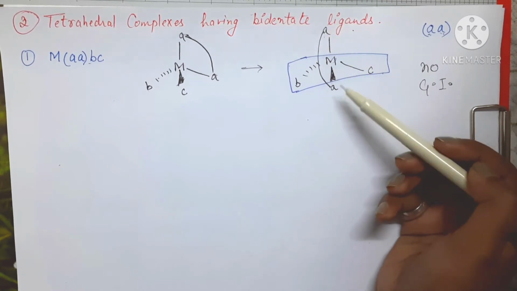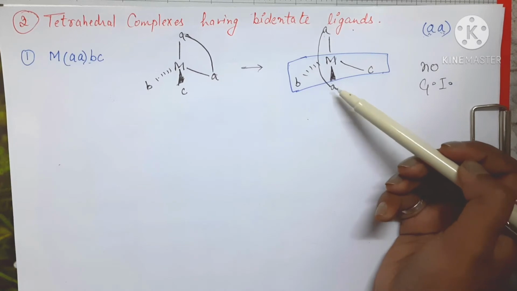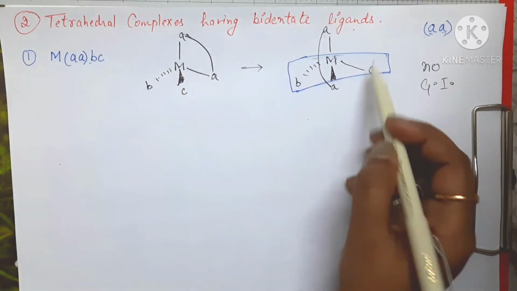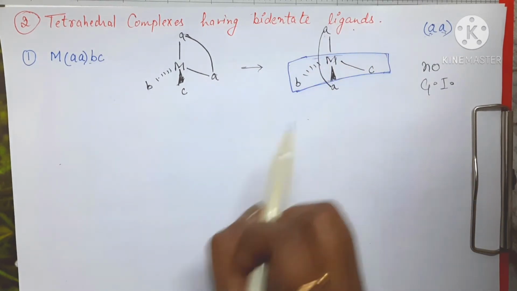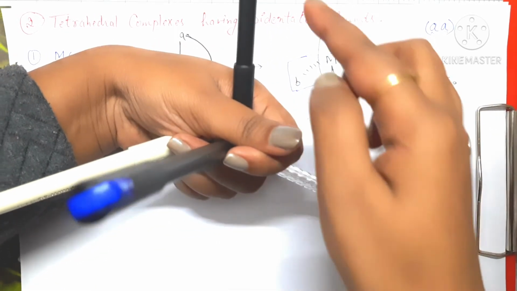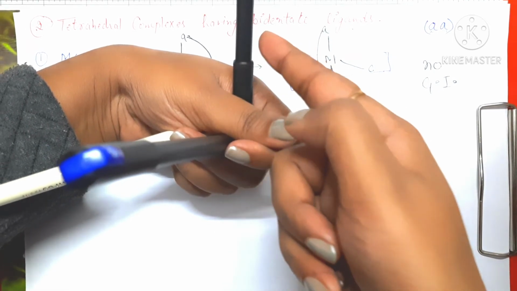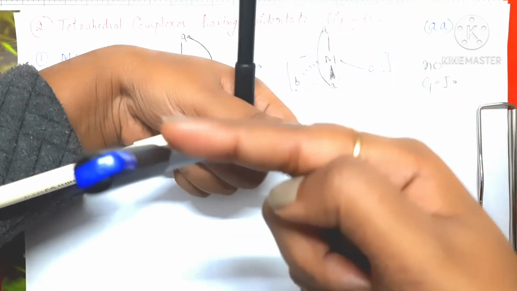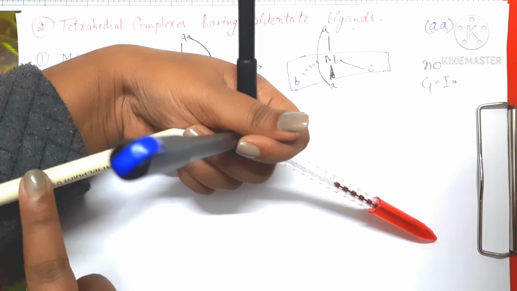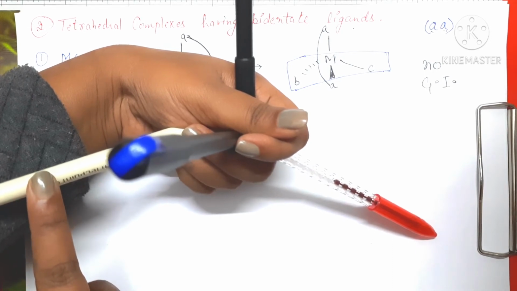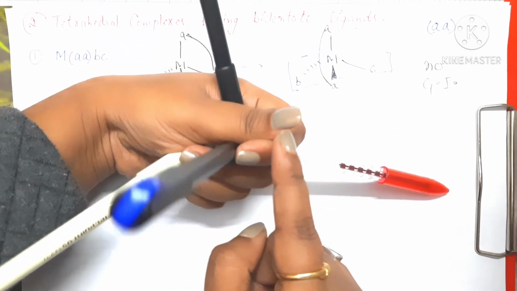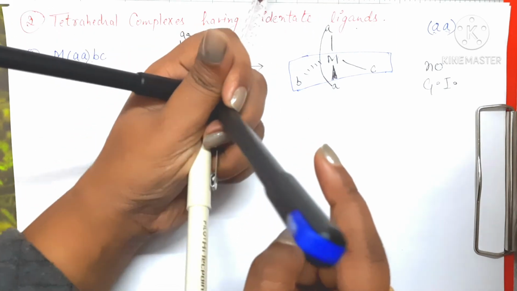These two donating sites of the bidentate ligand will be reflecting each other if I pass a plane from here. Basically it is in 3 dimensions. I hope you are able to get it. So right now I'm trying to show you like this. These two are the sites for the bidentate ligand. These are attached; I'm not able to show this attachment, but they are attached. This is C and this is B. I'm going to pass a plane through these two and the metal. So how can I do that? I can flip it over like this.